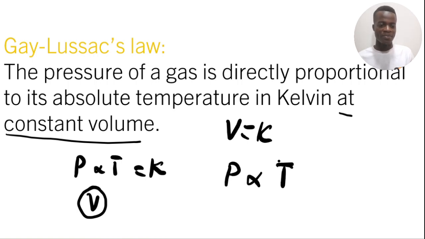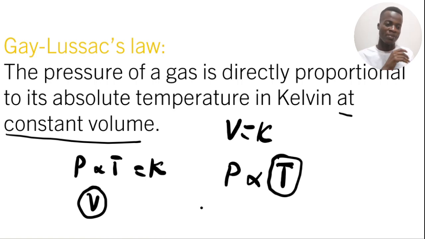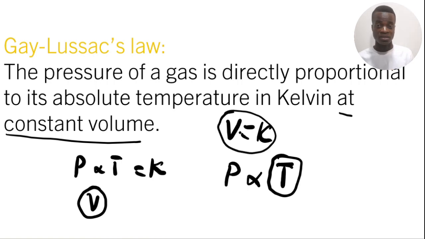So remember, this temperature should not be in degrees Celsius. It should be in Kelvin. So the pressure of a gas is directly proportional to its absolute temperature in Kelvin, provided we keep the volume constant. That's what Gay-Lussac is also telling us, right? That's about Gay-Lussac's law. So these are the five basic laws that we need to know moving forward. We use them mostly when they are needed. So right now, try to get these basic laws: Gay-Lussac's law, Avogadro's law, law of multiple proportion.